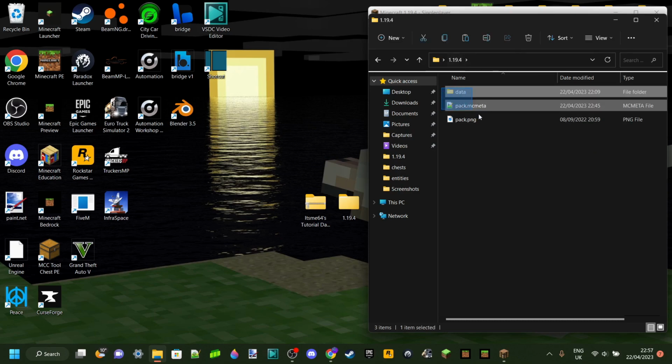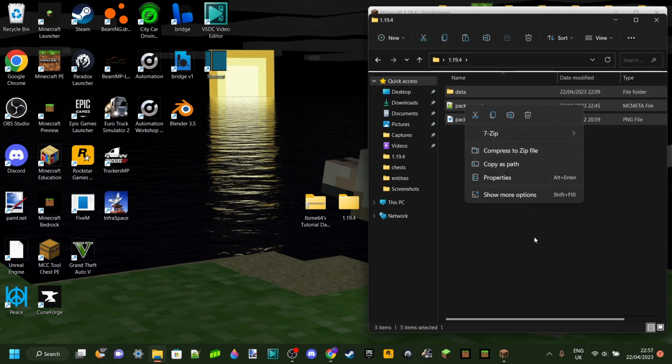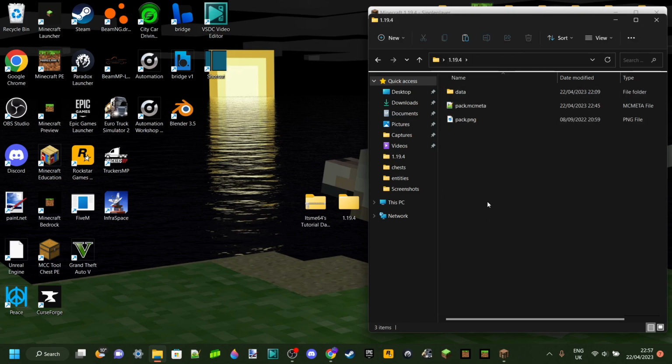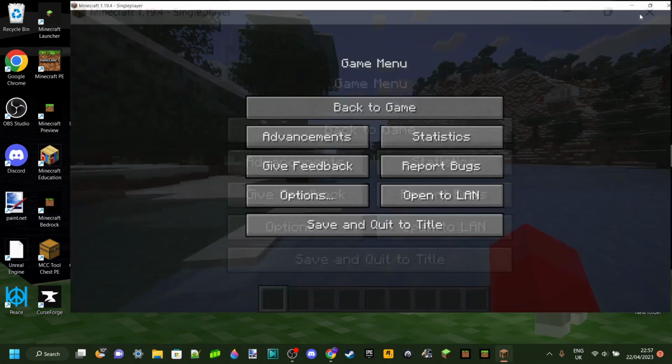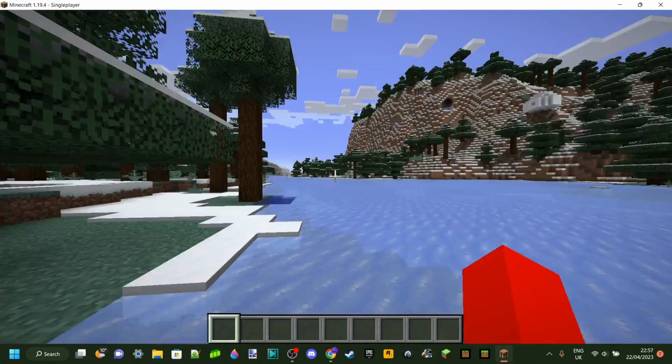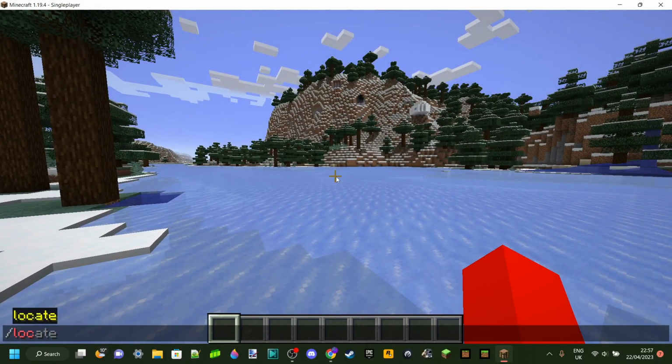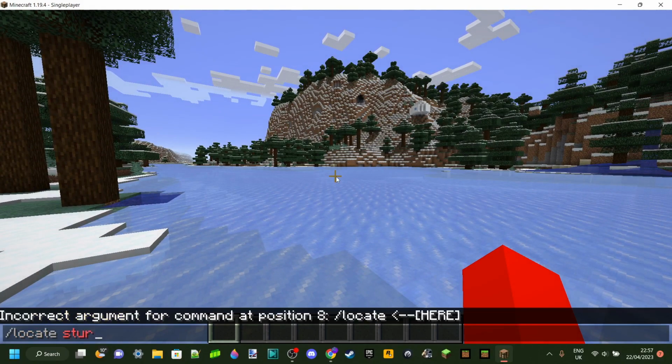Once you've done that, you can reselect all these, compress them to a zip file, and just re-import them. And remember to remove the old packs so they don't clash, but they'll be absolutely fine. So anyways, let's head back to game / locate structure